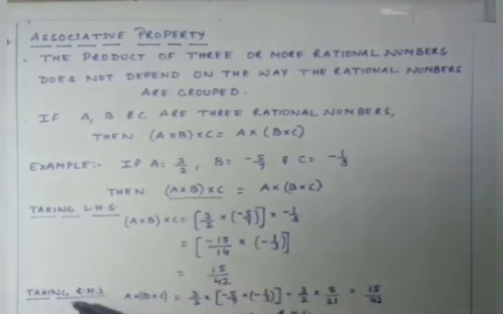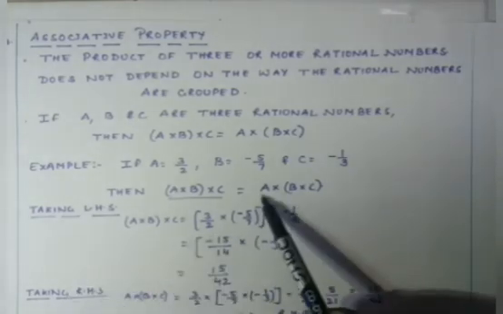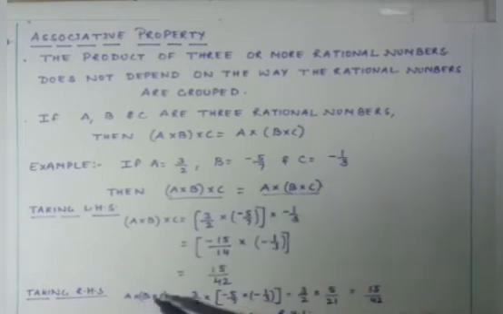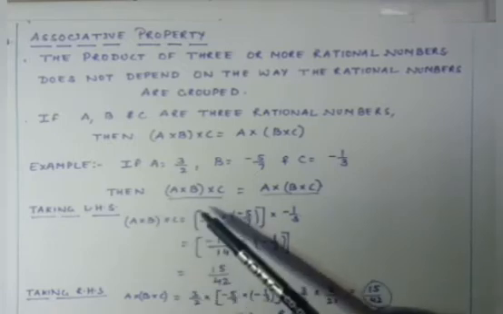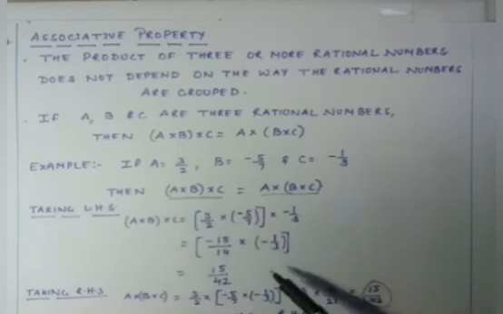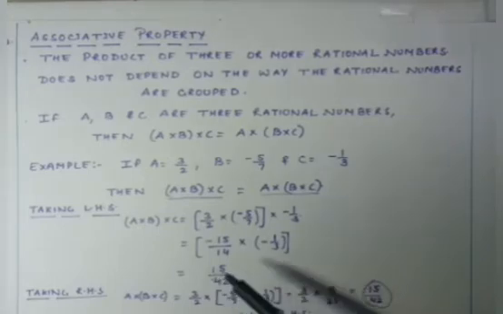Now I am going to take RHS. What is RHS? a into (b into c) in one bracket. So a into (b into c) in one bracket is equal to 3 by 2 into minus 5 upon 7 multiplied by minus 1 upon 3. When I multiply minus 5 upon 7 into minus 1 upon 3, it will make 5 upon 21, into 3 upon 2 makes 15 upon 42. Therefore we can see that LHS and RHS both are equal. Hence it is proved that they are equal.